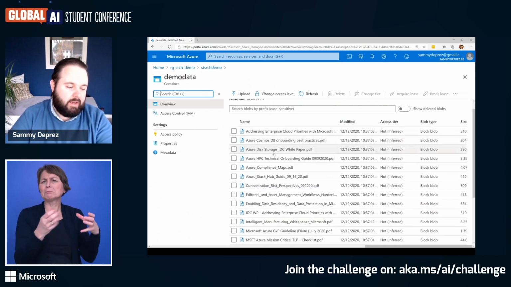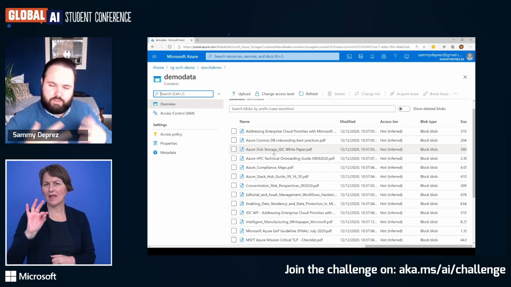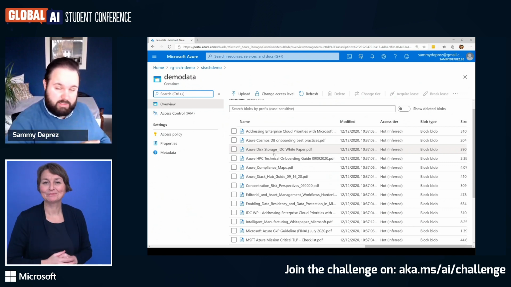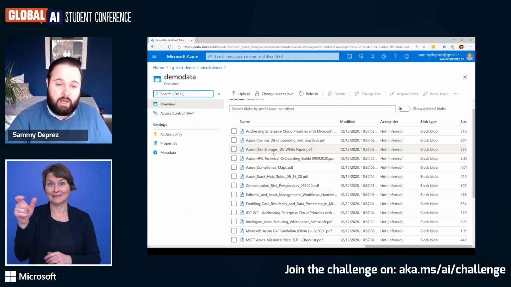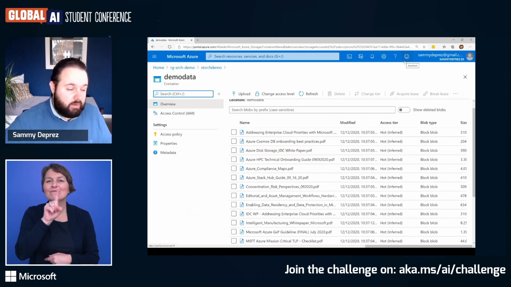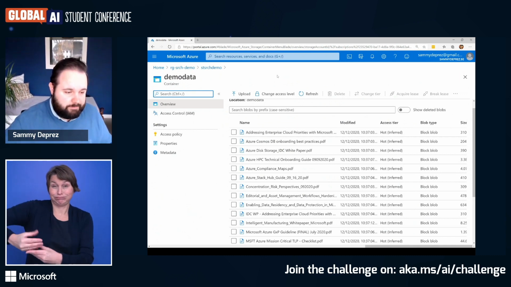And in my container, I have a bunch of PDF files. There are 20 files because it's just a demo. I have a customer, for example, where we're doing this exact same case on 15,000 files, all documents that they have within their organization. So this is the first step: define your data source.